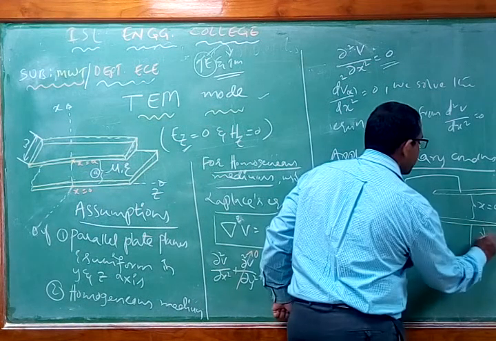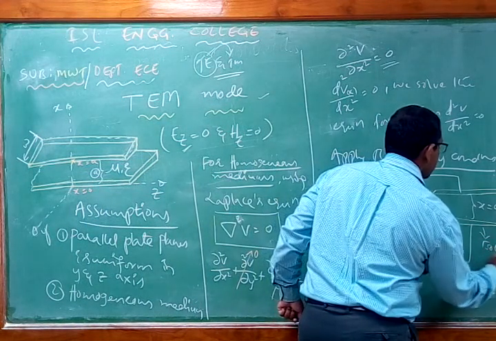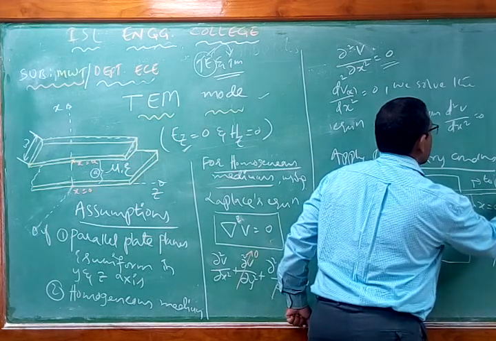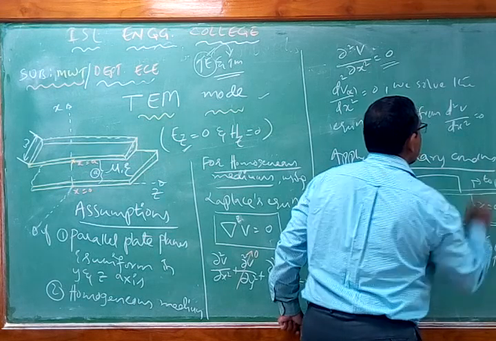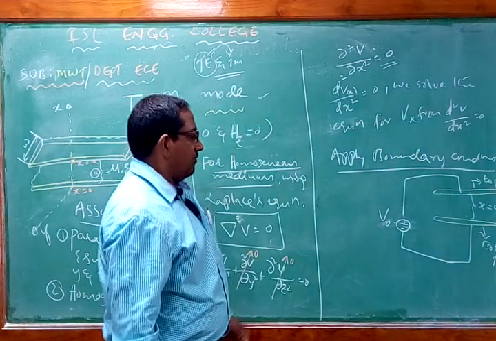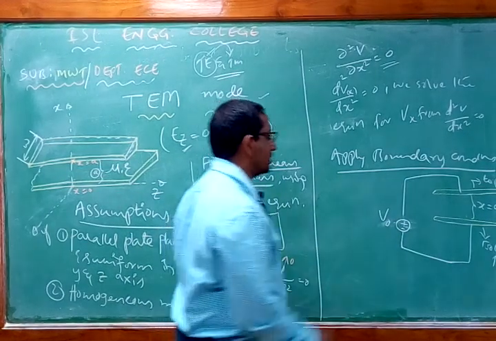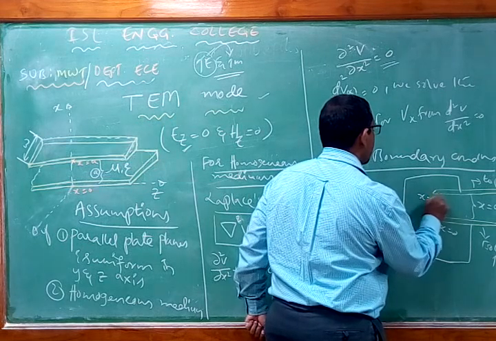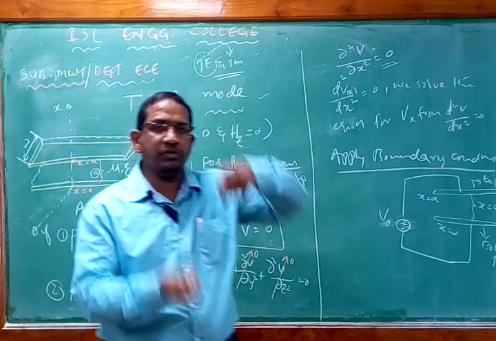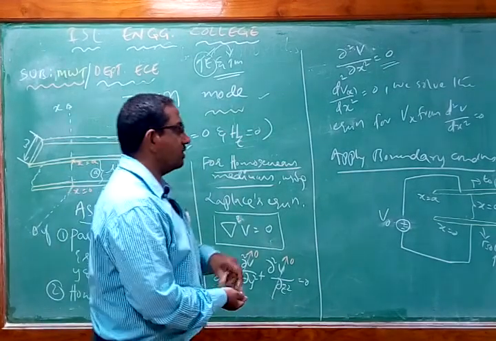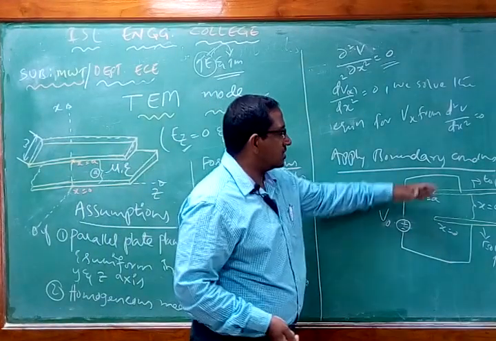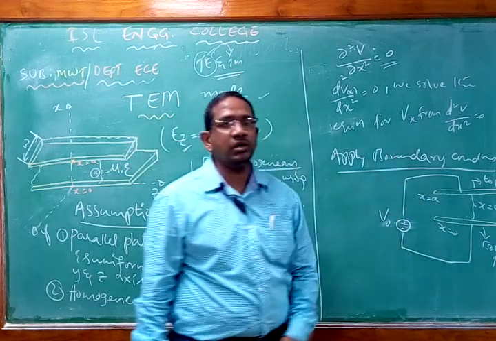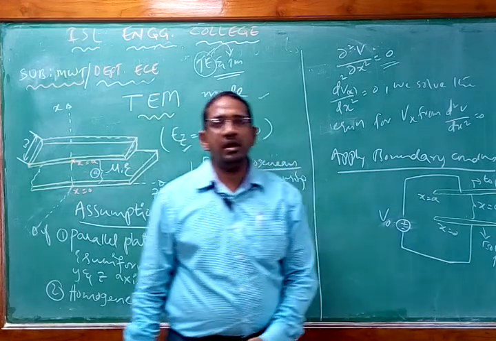This is the bottom plate, and this is the top plate. So when you apply some potential between these two plates, this is equal to the x is equal to 0 plane. This one is now going to be the x is equal to a plane. Now we are applying a potential between these two points. Once you apply potential between these two points, these two conducting plates are charged. Now because of this potential, an electric field is going to be induced in these parallel plates.